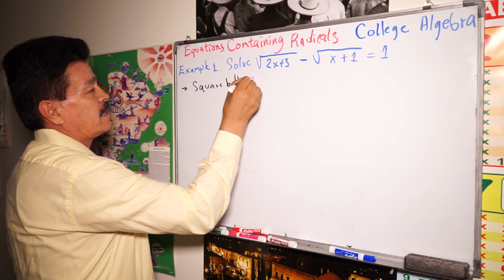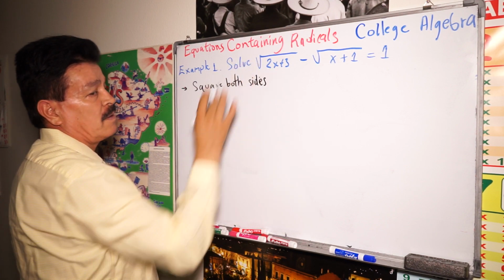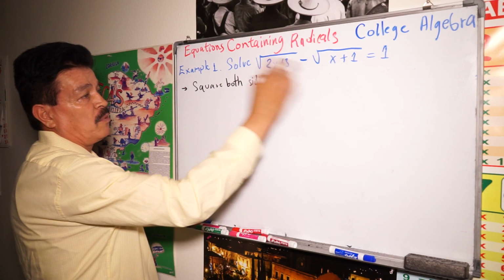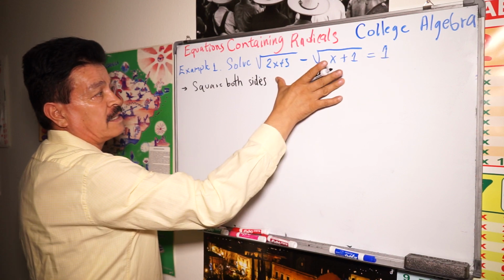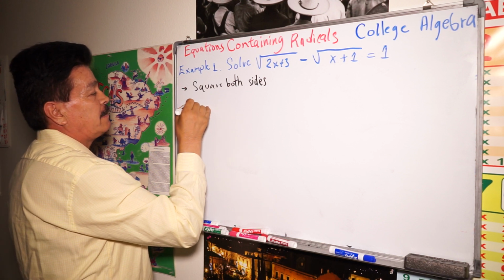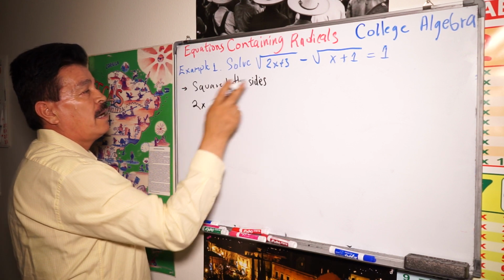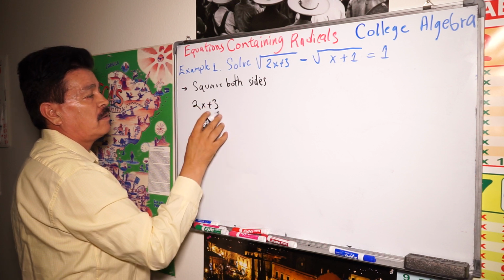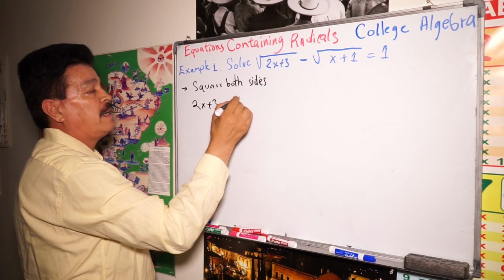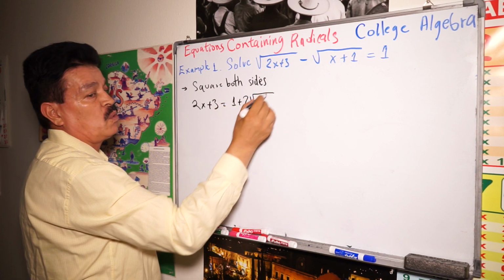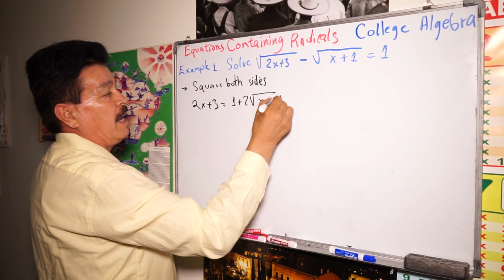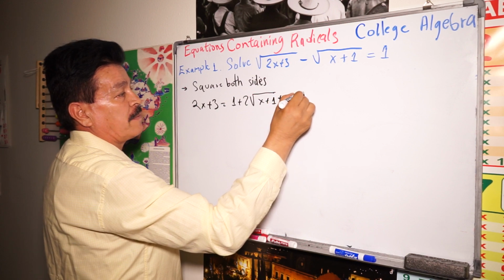If you square both sides, the left side and the right side, you're going to have 2x plus 3 equals 1 plus 2 square root x plus 1,